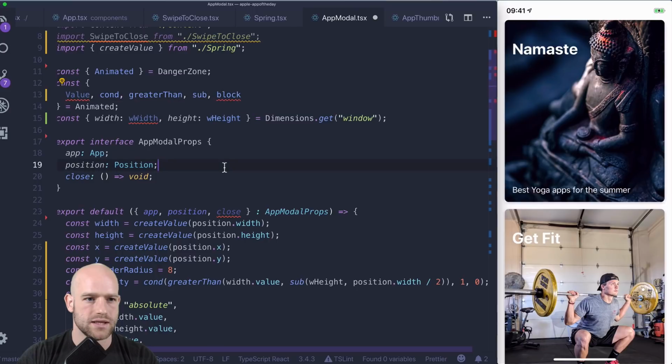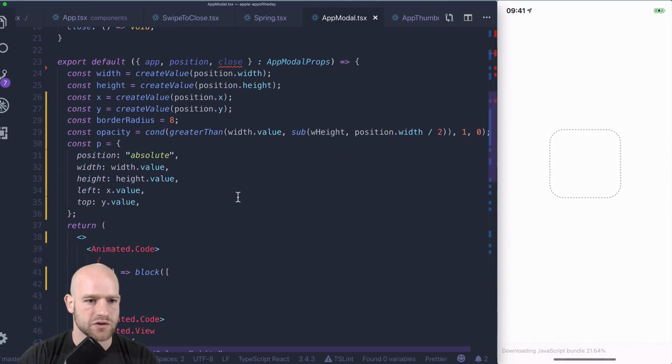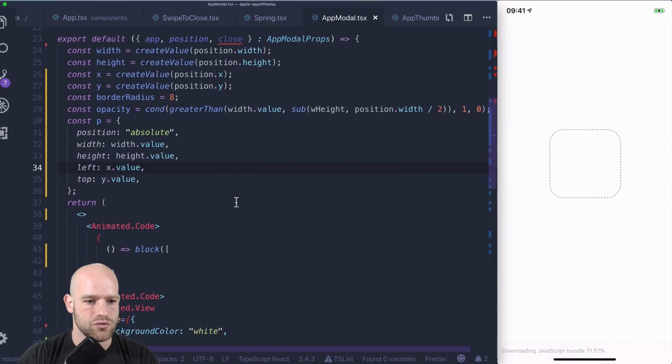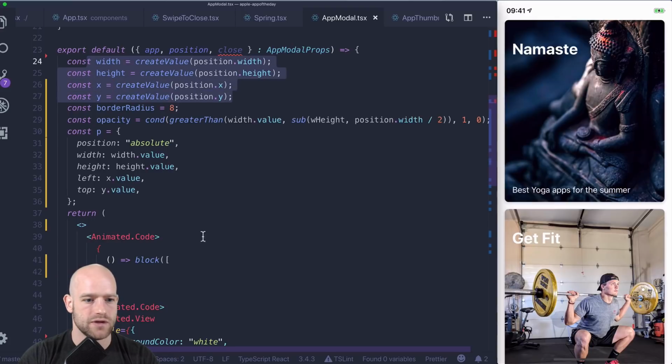We're going to need the Spring function from our Spring module. And we have 4 animation values we need to animate. So we're going to Spring